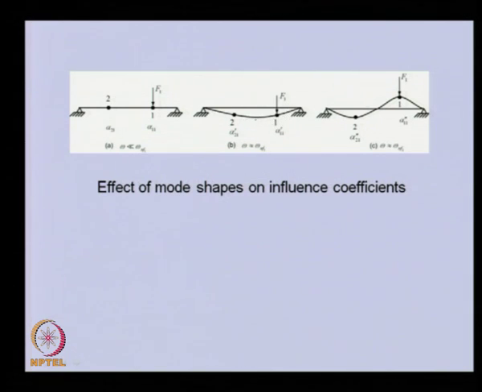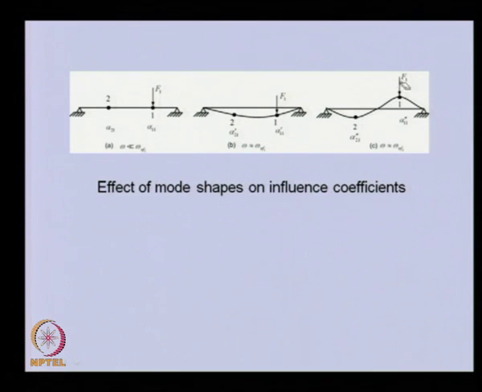Now, if we apply some force here, the deformation that results will be slightly different compared to the previous case, and this becomes clearer when we operate the rotor around the second critical speed, where we expect a full sine wave. Now you can see there is a node here where the displacement will be 0, and if the same amount of force we applied here is applied at the node, the deformation will be entirely different.